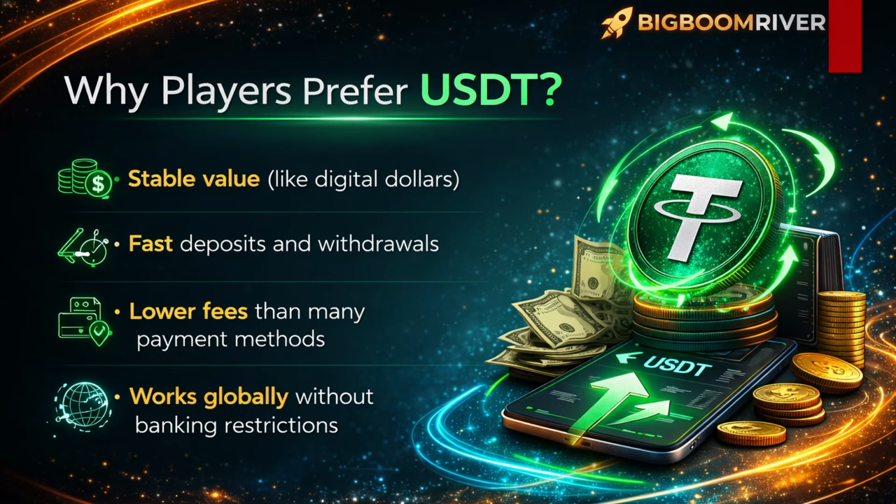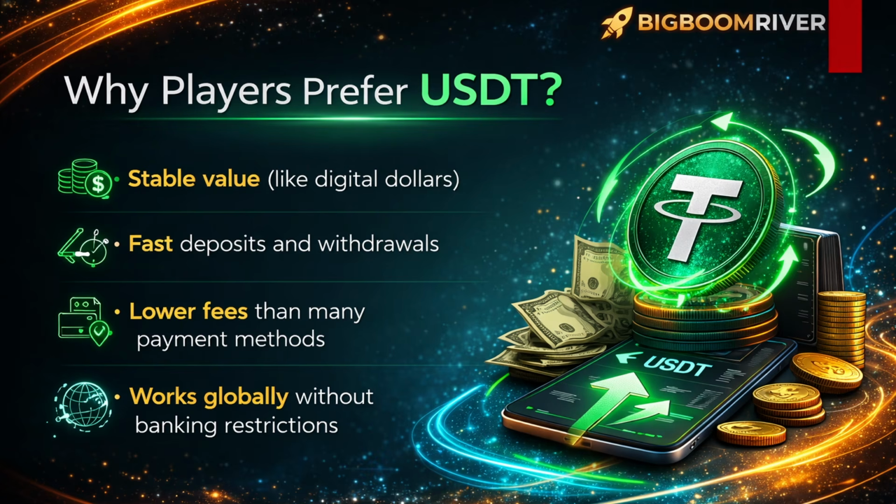Third, lower cost. Transaction fees are often lower compared to many traditional payment systems. And fourth, global accessibility. Crypto works across countries and banking systems, which makes it especially useful for international poker platforms like CoinPoker. That combination, stability, speed, cost efficiency, and global access, is why USDT has become the standard payment method